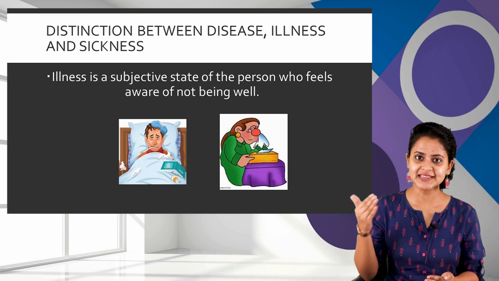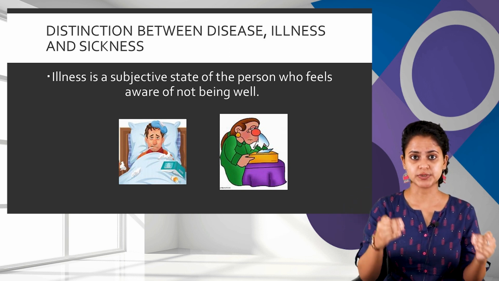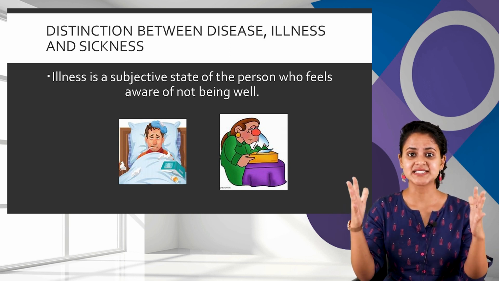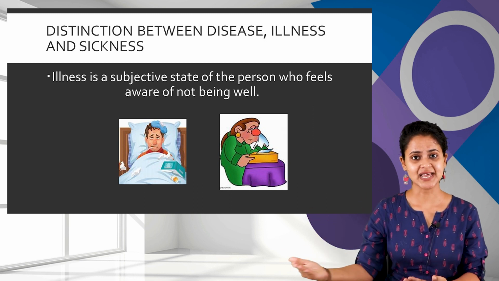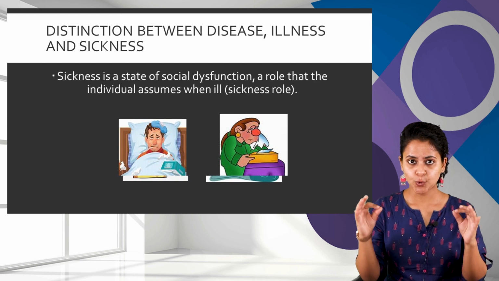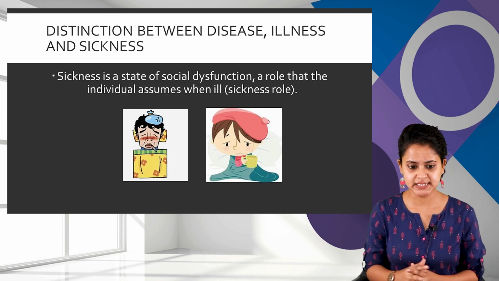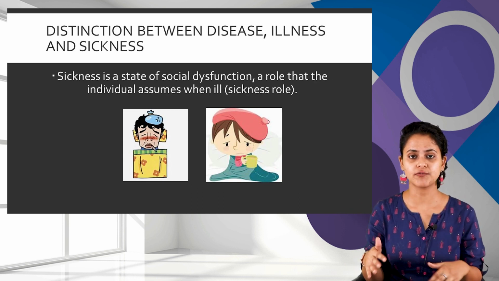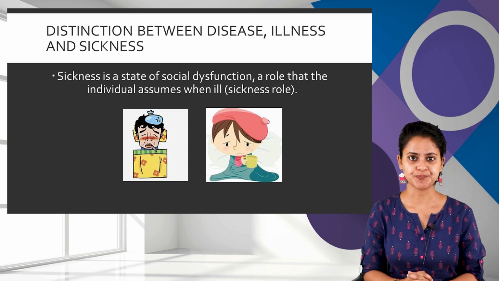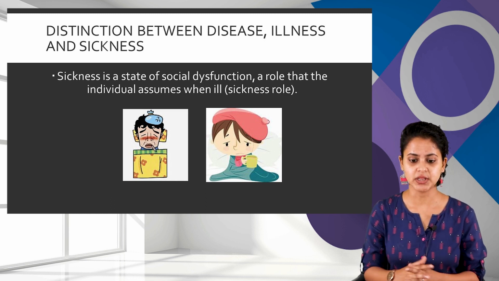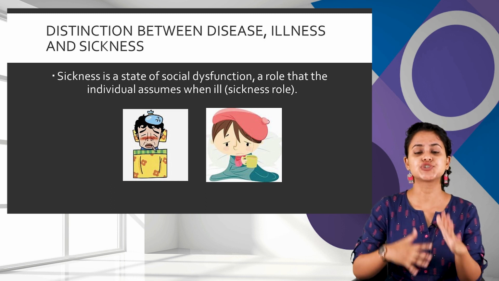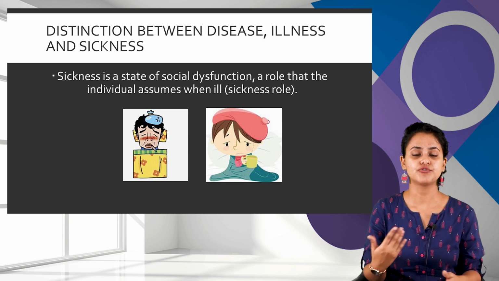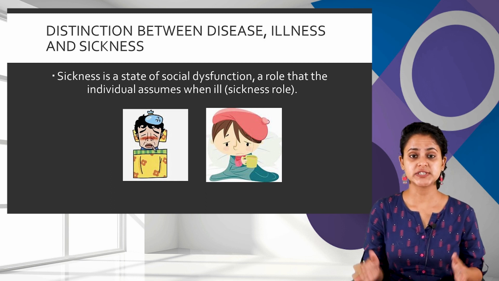So that's how illness basically varies from person to person. But disease is definitely a deviation in a physiological or psychological state, whereas sickness basically refers to the state of social dysfunction. Now, for example, there is a role that individuals assume when they are feeling ill, which is known as